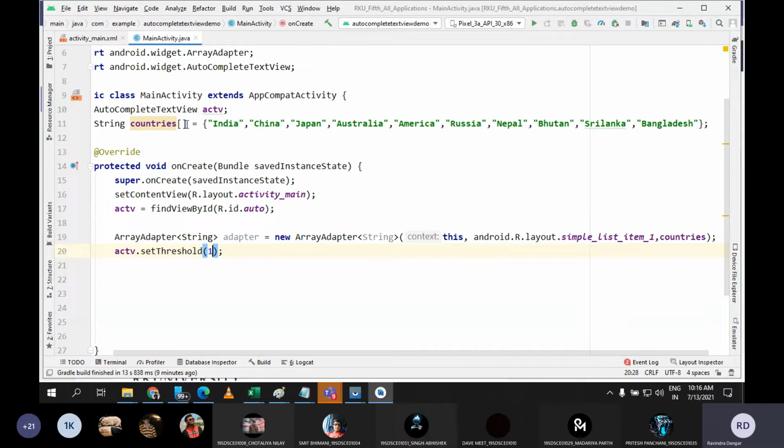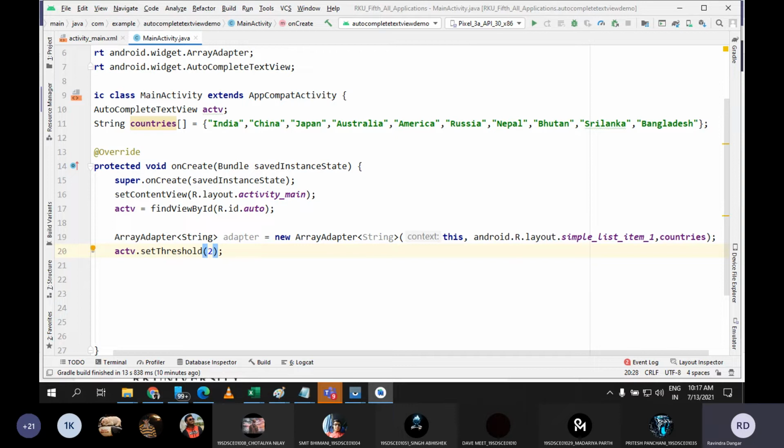In the autocomplete text view, if I write I, which is 1 character, then from 1 character itself it will start giving suggestions. All items starting with I will be displayed as auto suggestions. But if I write 2 here, then it will not give suggestions once I write I. If I write IN, 2 characters, then only it will start giving the suggestions. It is up to you.